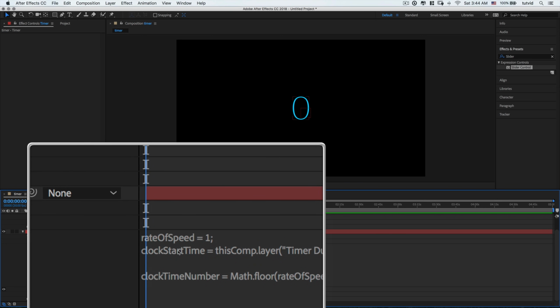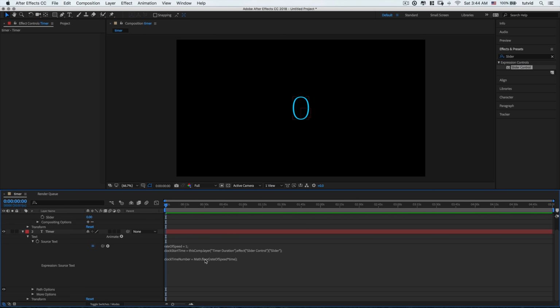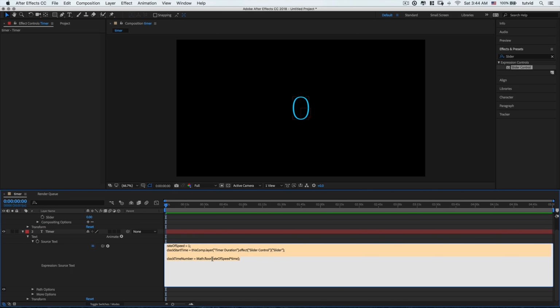So now we need to link this here to whatever the slider number is that's taken in by our clock start time variable. So here's what we're going to do. We're going to come in here. We're going to say, yeah, we're still going to work within math.floor, but what I'm going to say is, use my clock start time variable and subtract rate of speed times time. So this could be something as easy as, let's say clock start time is 60. So start my timer at 60 and then just subtract by 1 and then 2 and then 3 and then